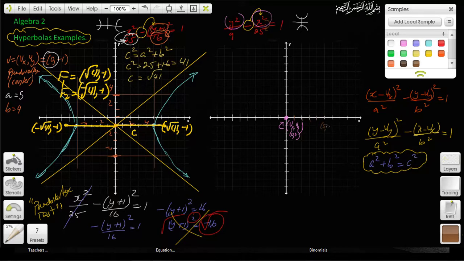So that's 5, 0, and 1, 2, 3, 4, 5, -5, 0 over here. So that's like there, and that's like there. And in the y direction you do square root of 9, that's 3. 1, 2, 3 over here, and -3 over here. Okay, there we go. So now we can make that rectangle